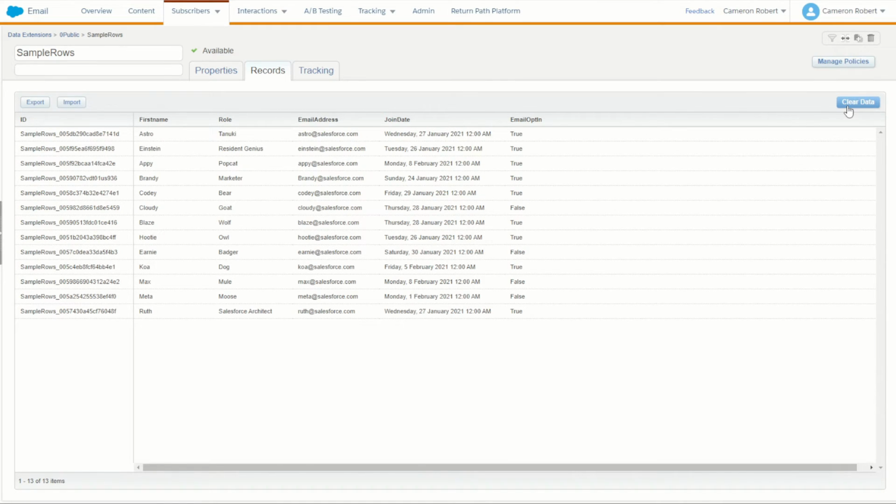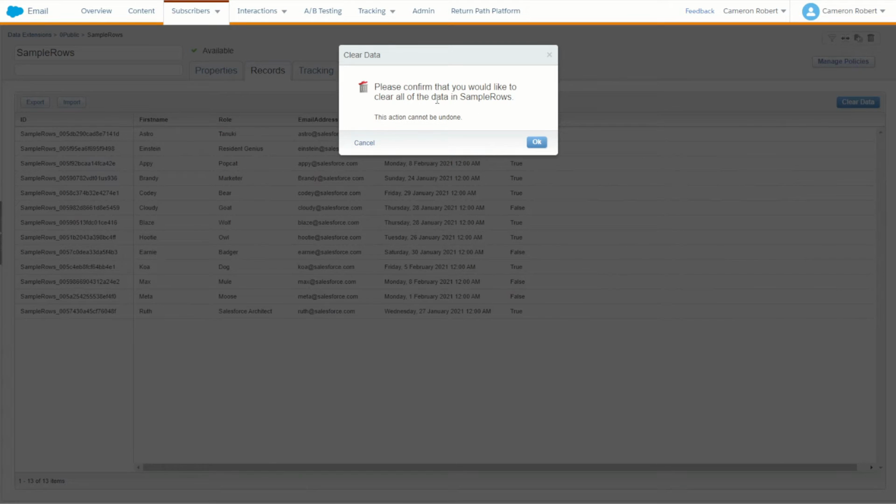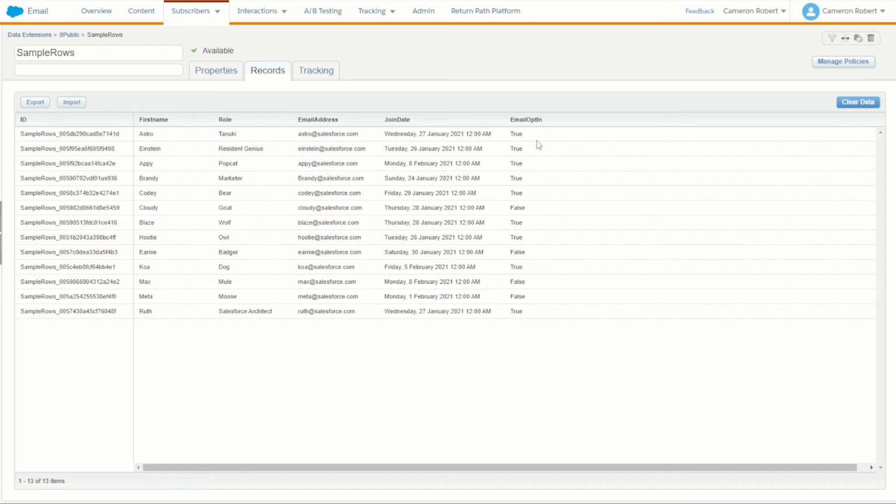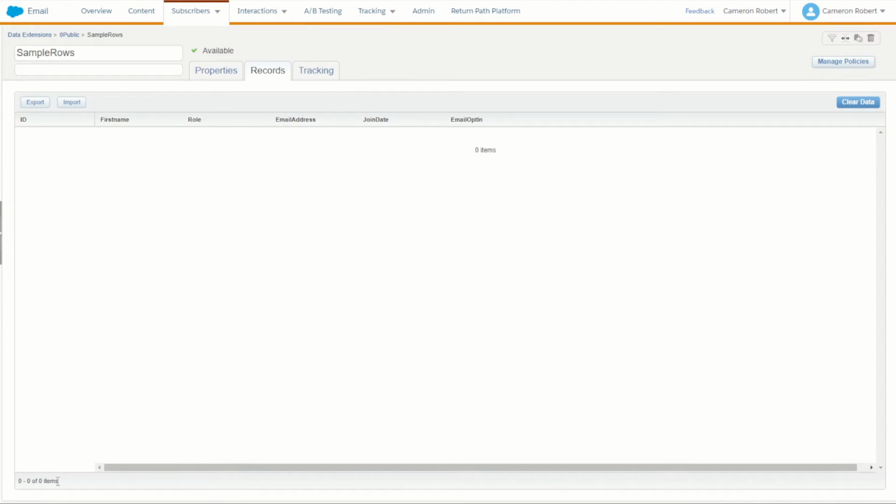This will of course delete the data in this data extension. So I'll go clear data for now, give us this nice warning, can't be undone. And of course we will be just removing our sample data, so I'm okay to remove it. We'll go okay. It's going to clear out those 13 records for us, and there we are, back to 0